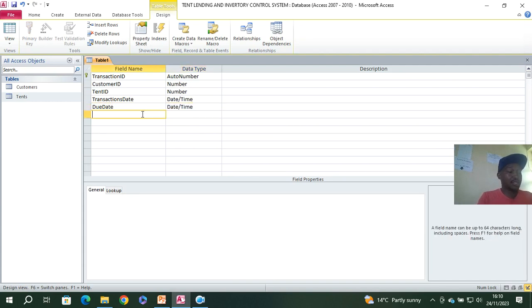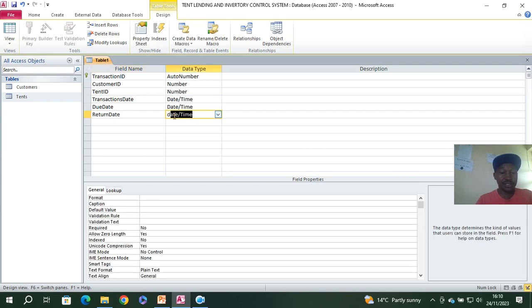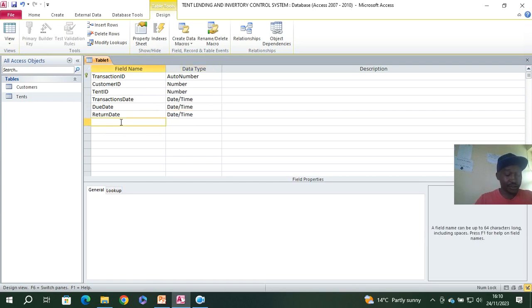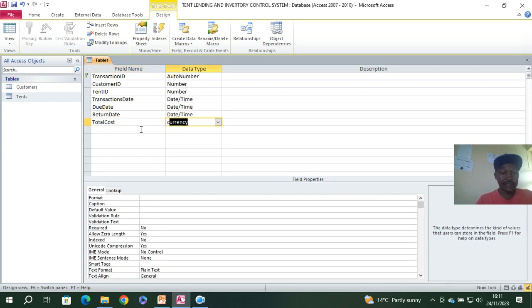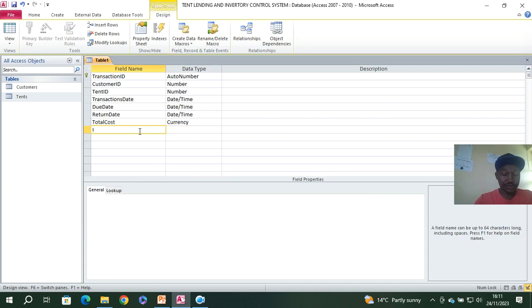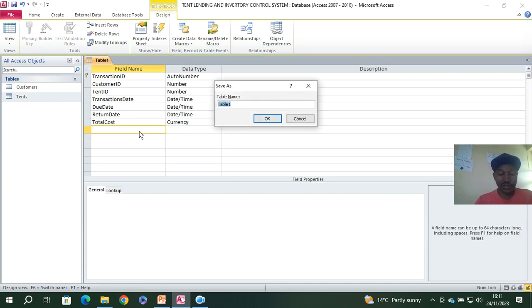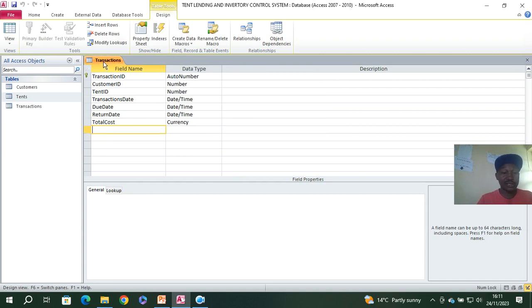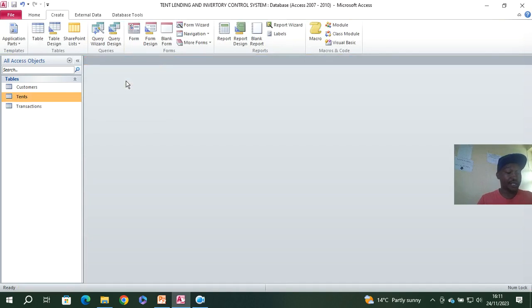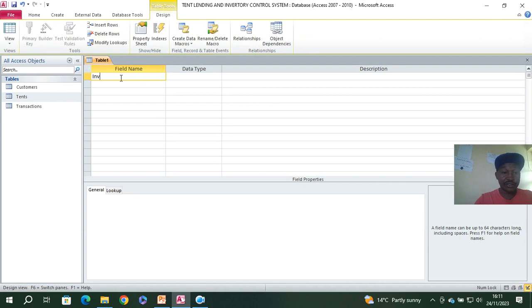Then from there we can have the return date, date and time. We shall also have the total cost. This is currency. Then we shall have the inventory. Sorry, that one can wait. So we shall save this one as transactions. Guys, the next table is the inventory table, whereby we shall have the inventory